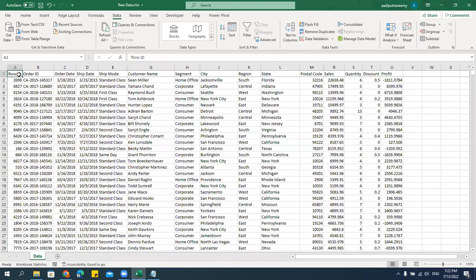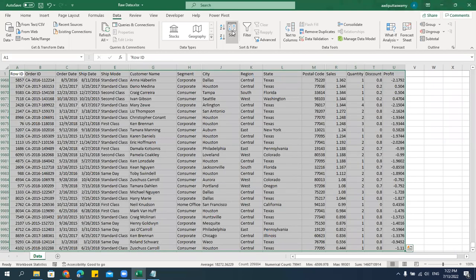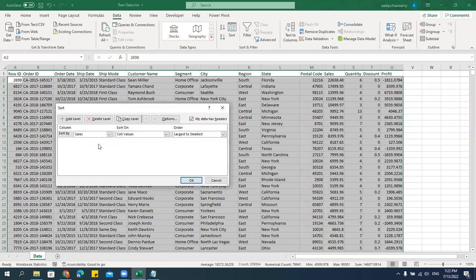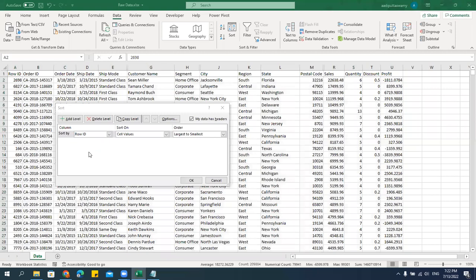All right, let me again select this. I'll say sort. Now, what I have is sales, and I'm saying largest to smallest. Let me select row ID. Row ID is also